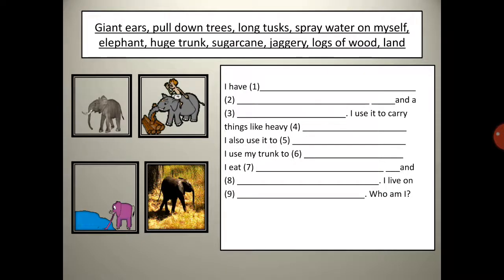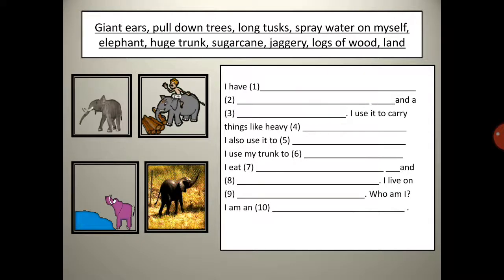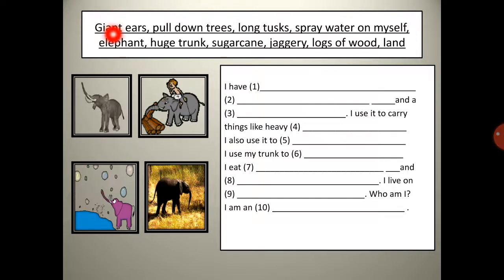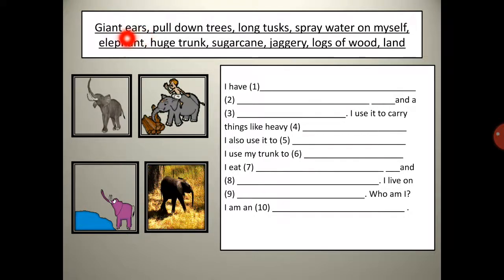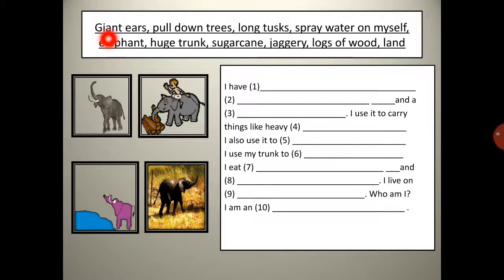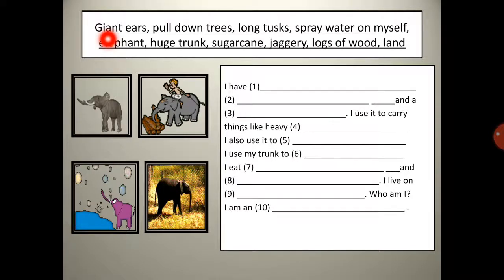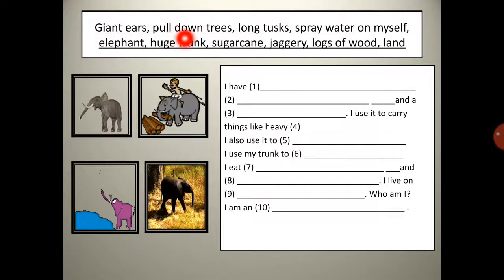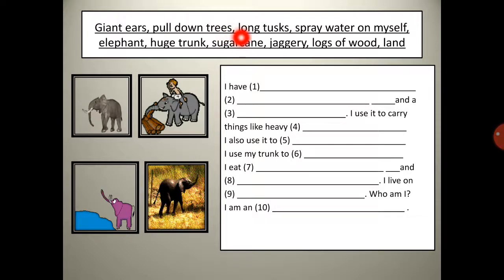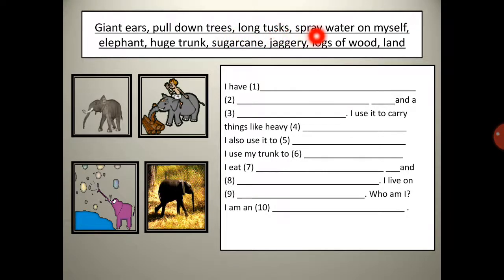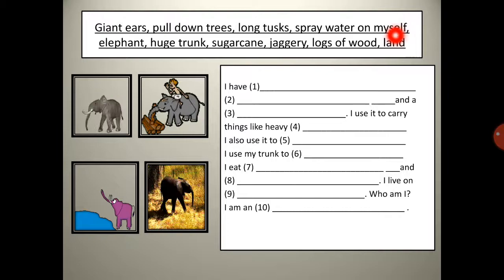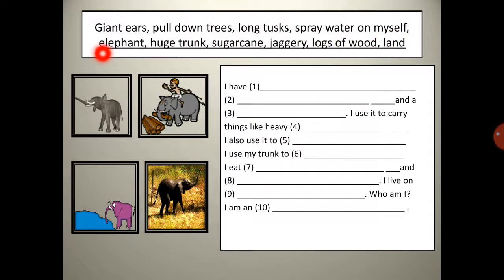So, let's read the helping words. Giant ears. Now, do you know the meaning of giant? Yes, giant means big. Pull down trees. Long tusks. Spray water on myself. Elephant.